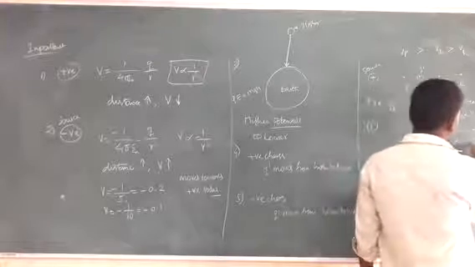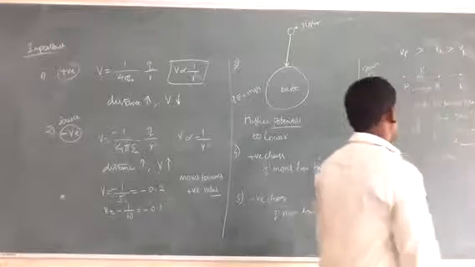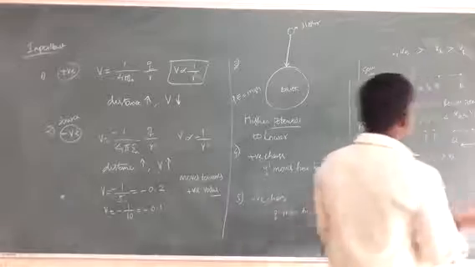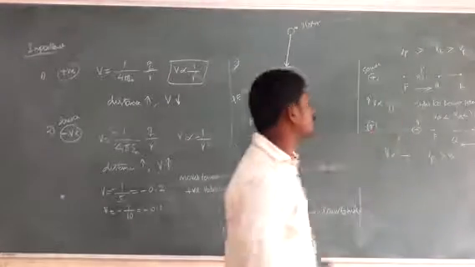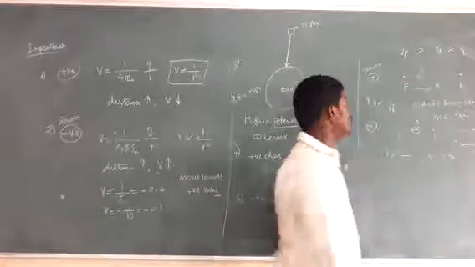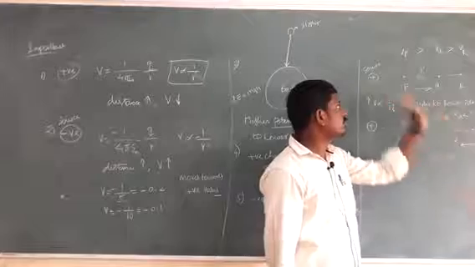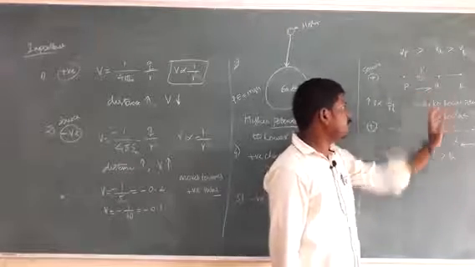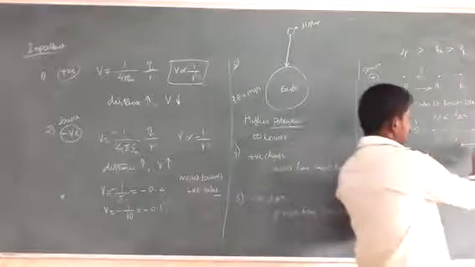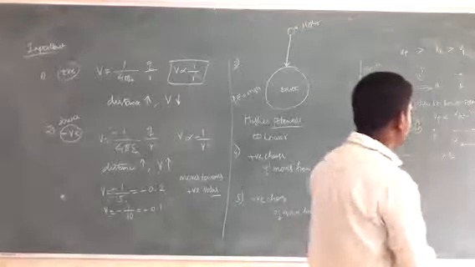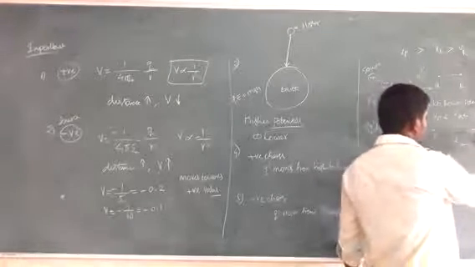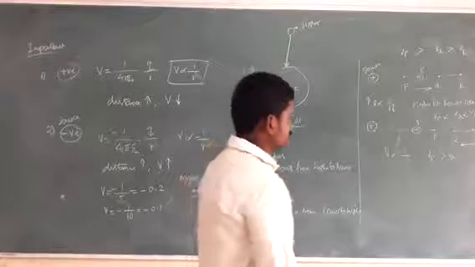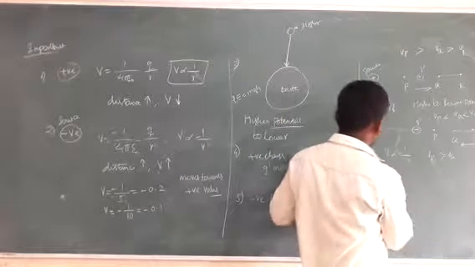So the charge moves from R to P. Why from P to Q? Because there is a strong repulsive force between like charges. It should move from P to Q, that is, from higher potential to lower potential. Then what's the value of potential here? At this point the potential is minus. Similarly, minus